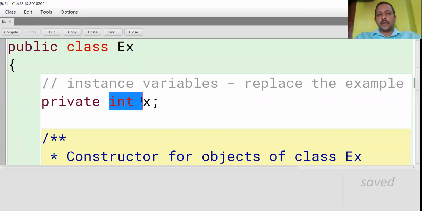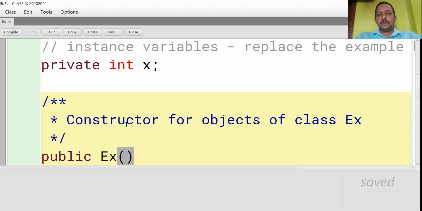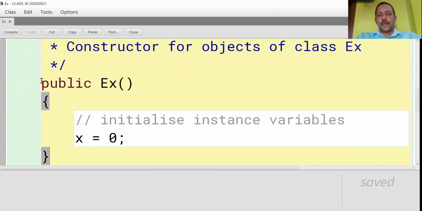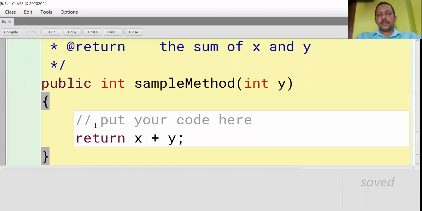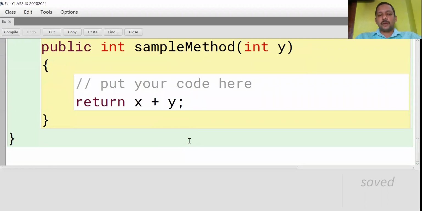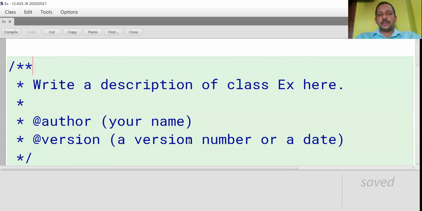This is a variable syntax. Simple. Data type space variable name at the end semicolon. This is the second syntax. Now third one, constructor. See the constructor? Access modifier, constructor name. It should be same as class name. Initialize the instance variable of the class. Now next, method. See, access modifier, method output, method name, method input. Method throws class not used here. So this is the basic structure of the class and 4 syntaxes in this session.